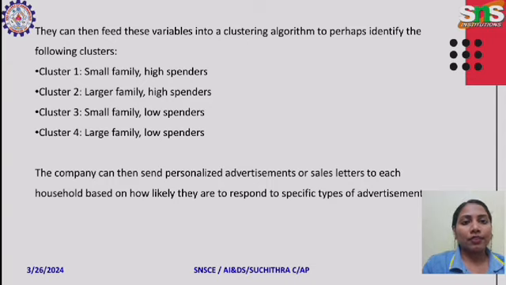They can then feed these variables into a clustering algorithm to perhaps identify the following clusters. Cluster 1 is small family, high spenders. Cluster 2, large family, high spenders. Third cluster, small family, low spenders. Cluster 4, large family, low spenders. The company can then send personalized advertisements or sales letters to each household based on how likely they are to respond